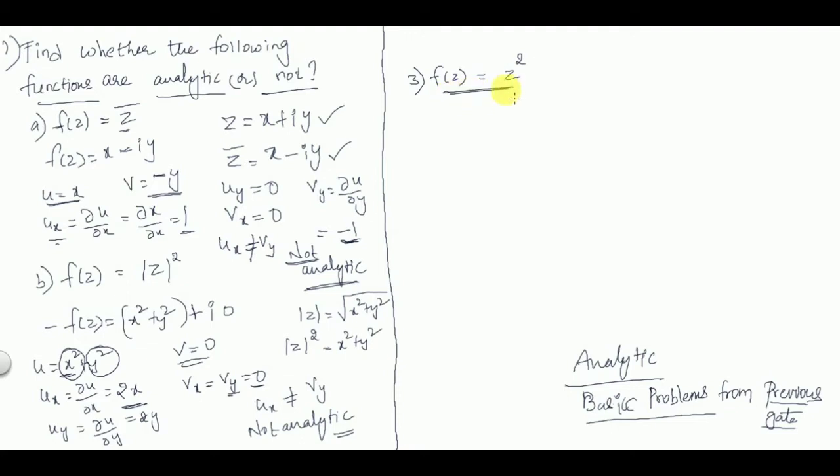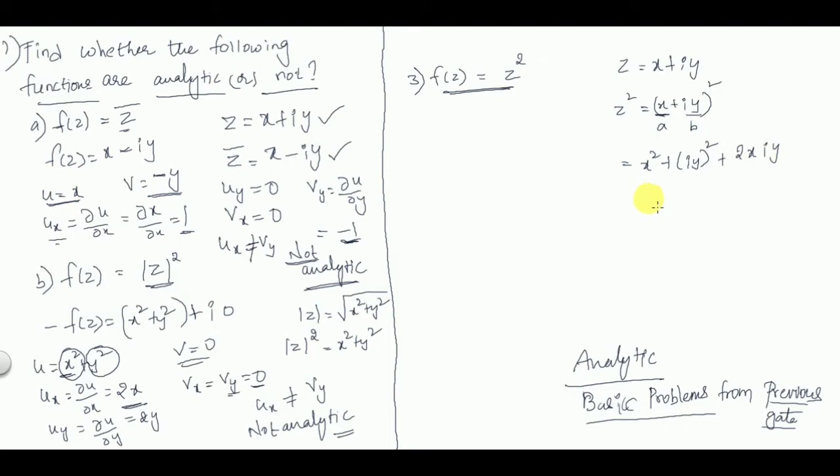Okay, right, see the third problem, he has given f of z is equal to z square. So mod z square is different and z square is different. So z is equal to x plus iy, so z square is equal to x plus iy whole square. So this is of the form a plus b whole square. This is a and this is b if you assume. So it will be x square plus iy whole square plus